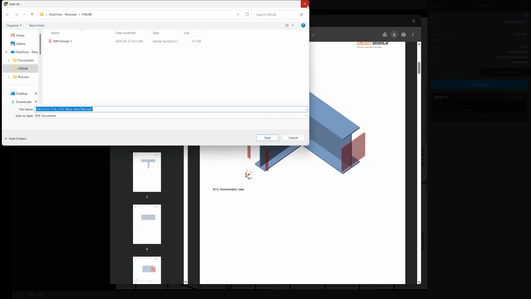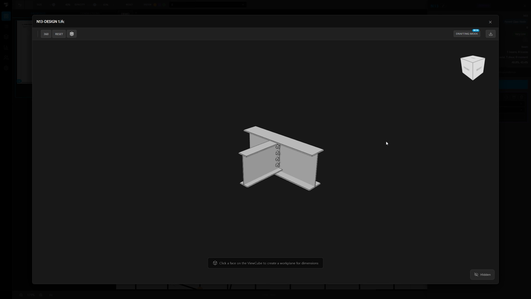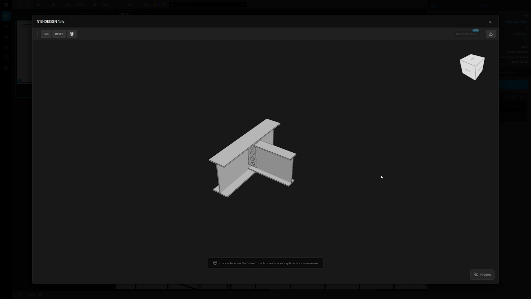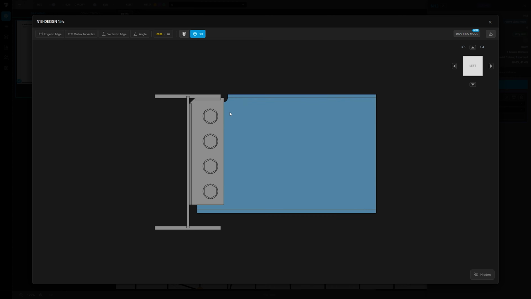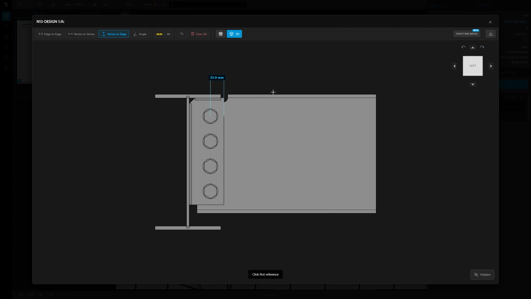They can also open the attached IFC model and visualize the connection directly inside Ferum using the built-in 3D viewer. This allows detailers to inspect the connection geometry, orbit the model in 3 dimensions, isolate components, and take measurements to support modeling workflows inside Tekla Structures. Because the engineering information is attached directly to the node itself, detailers always have fast access to the latest approved